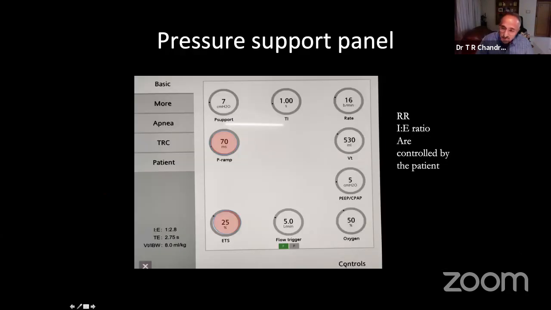Yesterday there was some confusion. Everybody was asking that it was not demonstrated what is expiratory sensitivity. By default, as I have said, it is always fixed at 25%. 25% trigger sensitivity. That means if my peak flow is 40 liters, if my flow starts decelerating and I come to 10 liters, that is 25% of 40, I change from inspiration